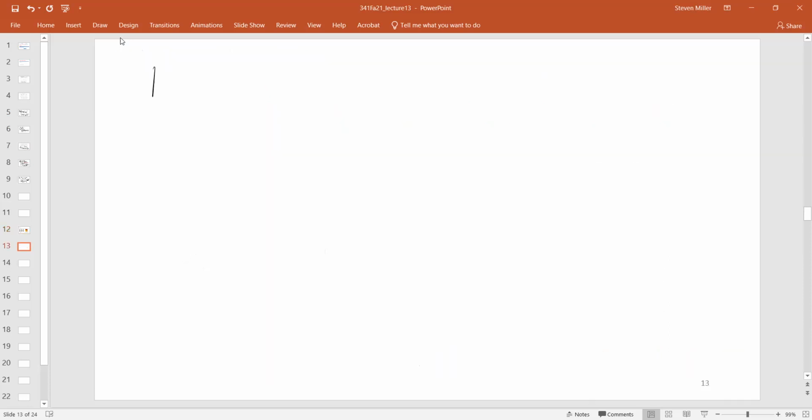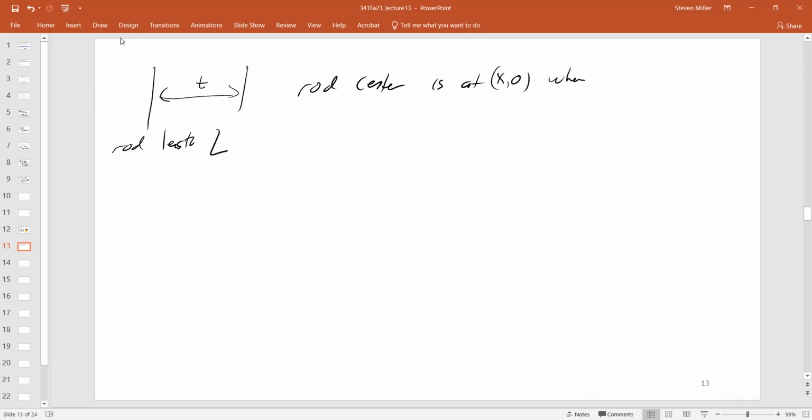So I'm going to use T as my separation. So I have something separated by T. Rod length, I'm going to use a capital L, because I hate lowercase l. It looks too much like a 1. And then the rod center is at (x, 0), where 0 is less than or equal to x, which is less than or equal to T/2. And then the angle, theta,